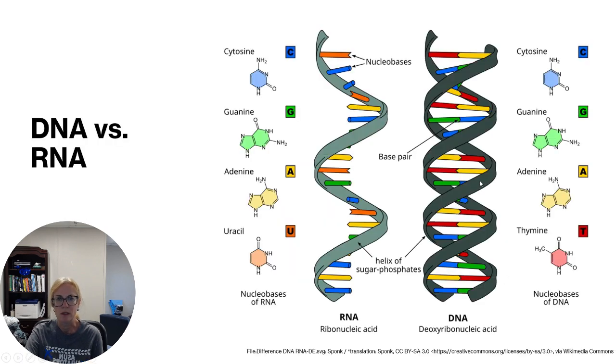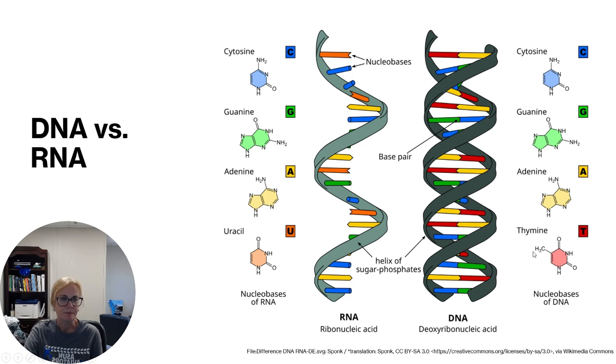Let's look at that a little more closely. So on the left is our RNA, on the right is our DNA. So we see that both of them are a helix, but RNA is a single helix and DNA is a double helix. And the helix is sort of that coil-like shape that we see. The nucleotide bases in RNA are cytosine, guanine, adenine, and uracil rather than thymine, while in DNA, cytosine, guanine, adenine,